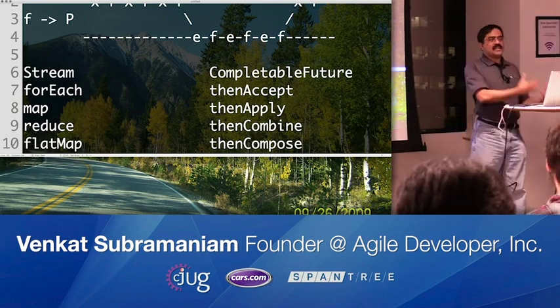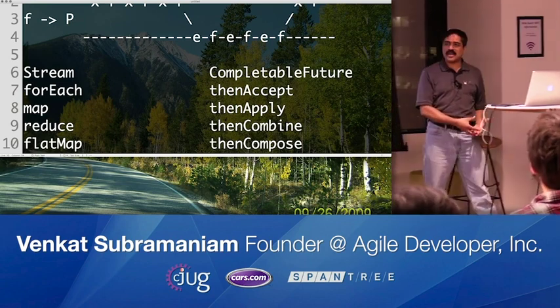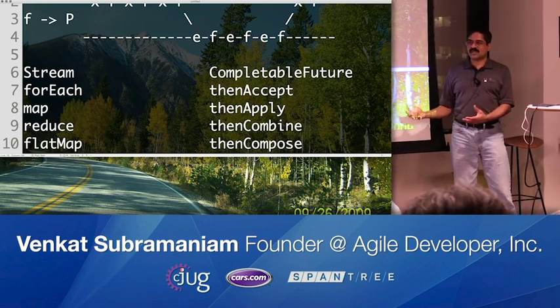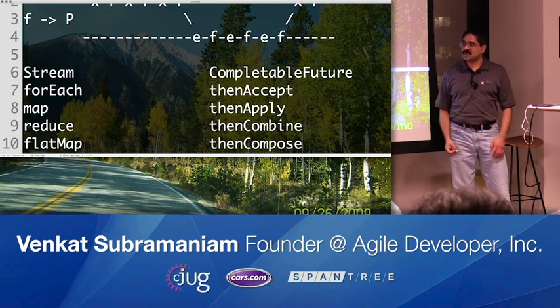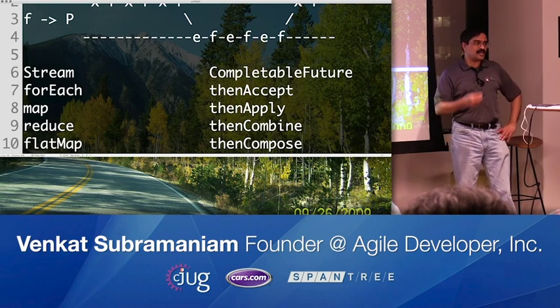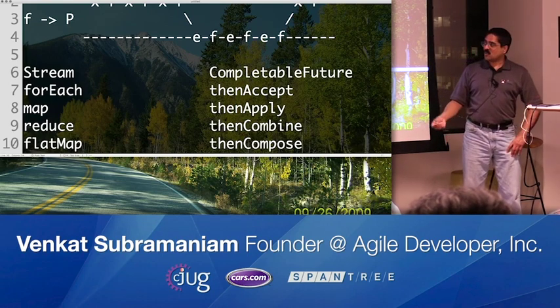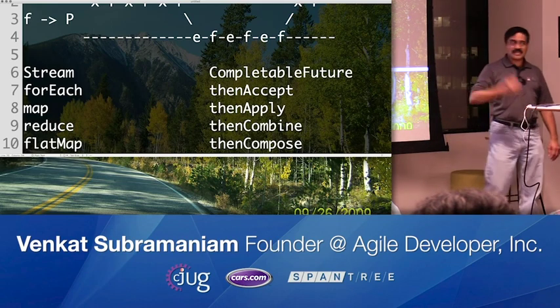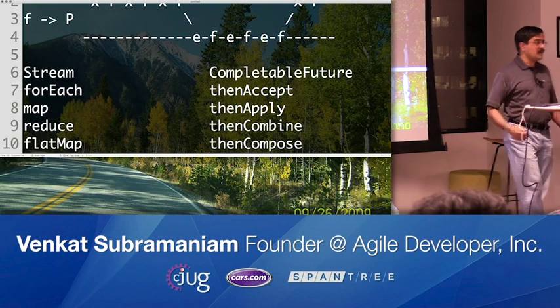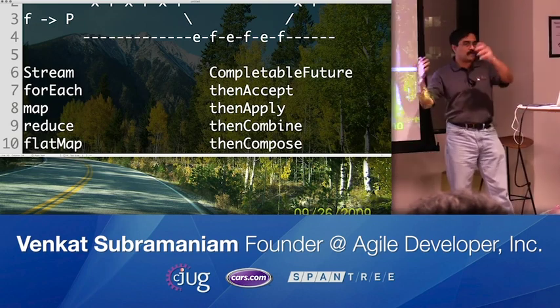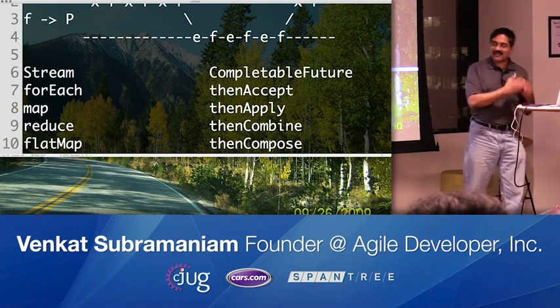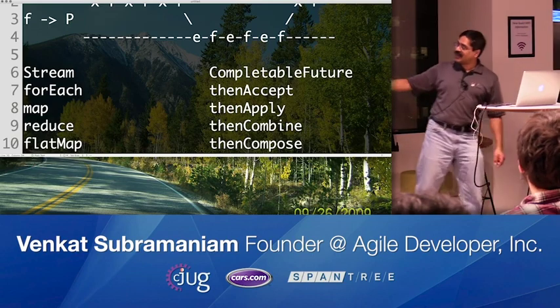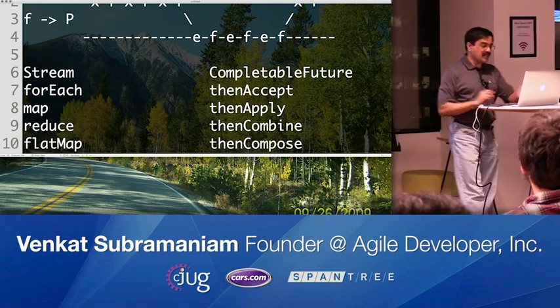So if you know when you would use a flatMap in the case of a stream, you kind of know when you would use a thenCompose in the case of a CompletableFuture. When a transformation gives you data versus a transformation gives you another CompletableFuture. So when the result itself is a CompletableFuture, you don't want a CompletableFuture of a CompletableFuture, you can flatten it out. So this is really a flattening operation. Let's see if that's true.